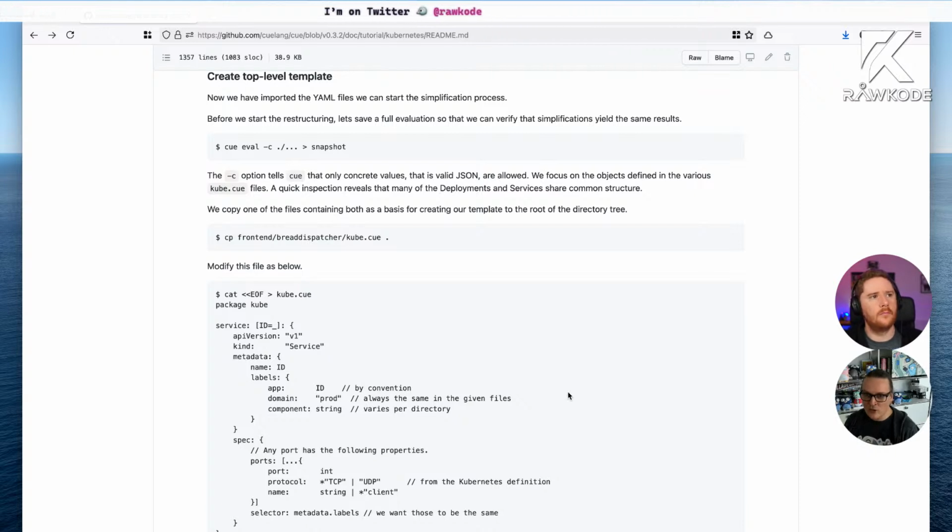So what you would normally do is copy one of the templates that's representative of what you want to do, or that you think is a typical example of your configuration, copy that to the root, and then start stripping anything specific to it and generalizing it, right? If you don't want to do that by hand, then you can do what this cat